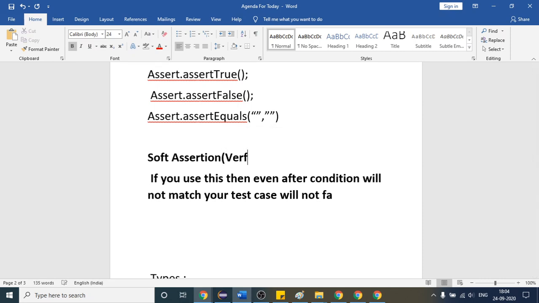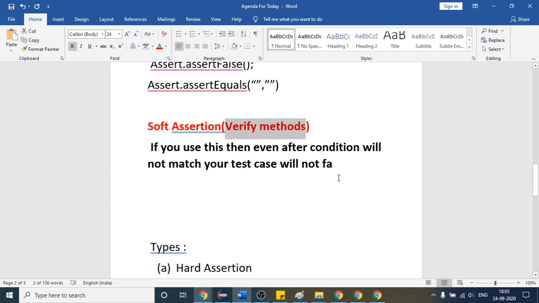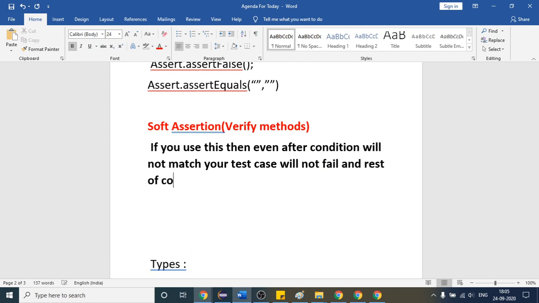You can also say these are the verify methods, only for verification purpose, but it will not fail. So what I'm saying is, if you use this, even after the condition does not match, your test case will not fail and the rest of the code will execute, right?